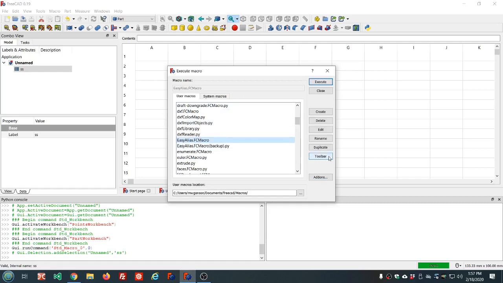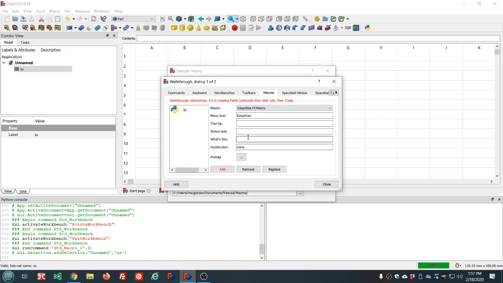Now we'll go to our toolbar, and again the instructions: fill in missing fields, then click add, then close. Well, one of the missing fields is a tooltip, and we'll say easy alias, give it the name, maybe some brief instructions,